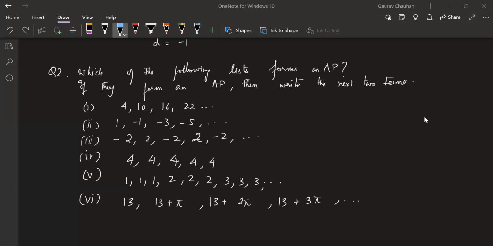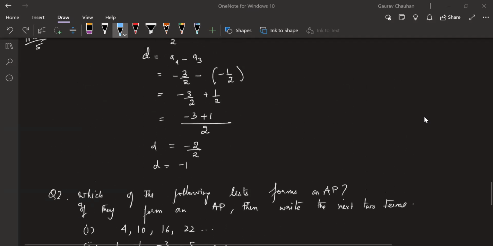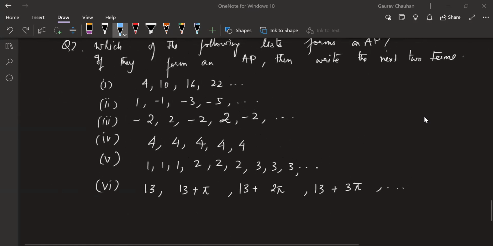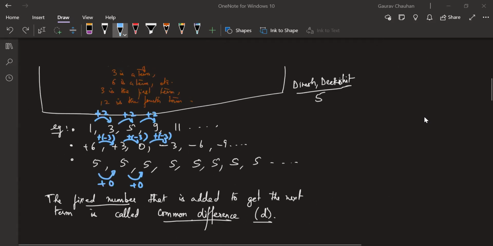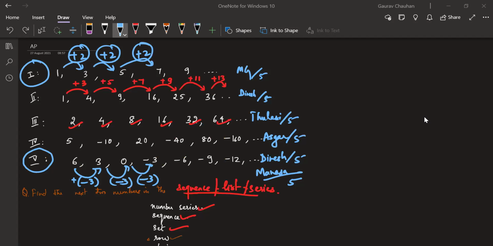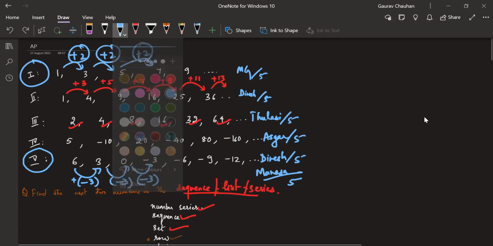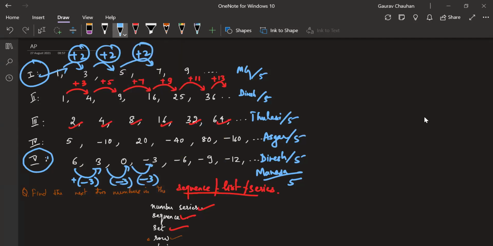So the formula has to satisfy all the terms. Which formula, Manisha? Sir, the formula we have written. Okay, that's one way of doing it. You're absolutely right, Manisha. The formula should satisfy every term. But can we fall back to basics? Even when we did not have a formula, we were able to guess that the first one and fifth one are AP, and the second, third and fourth are not. What was the logic that we used there?